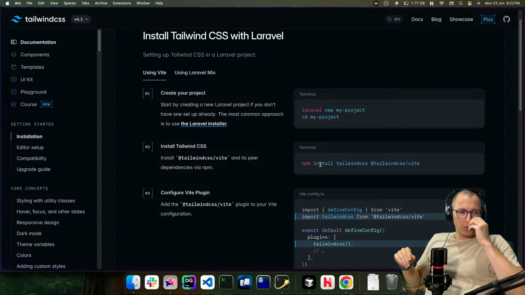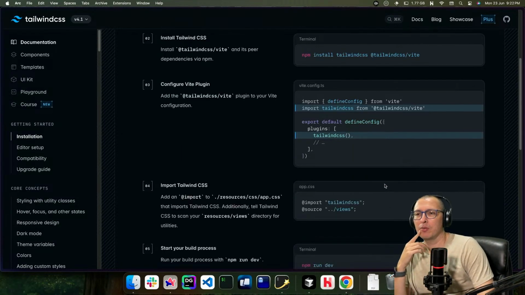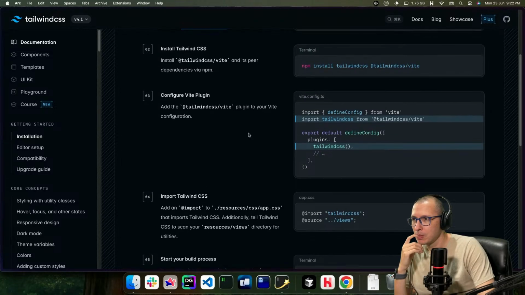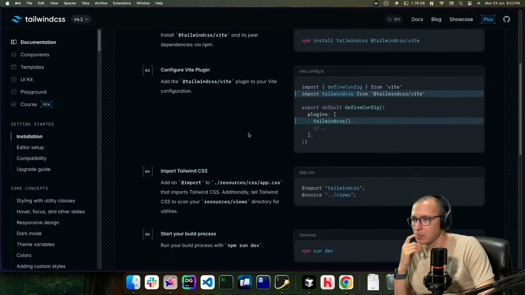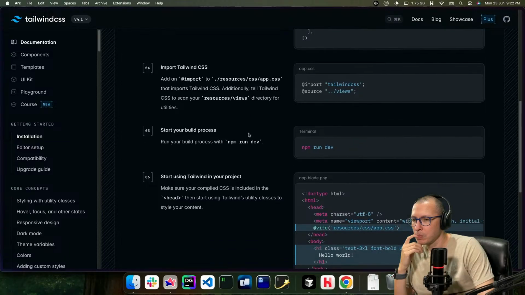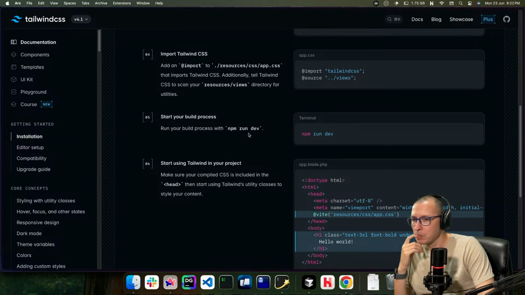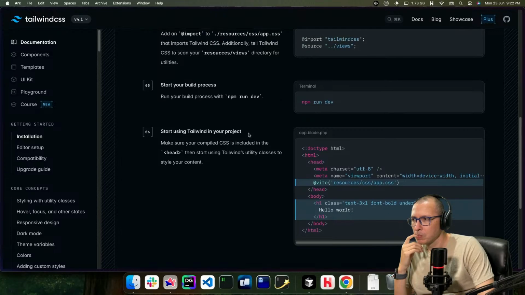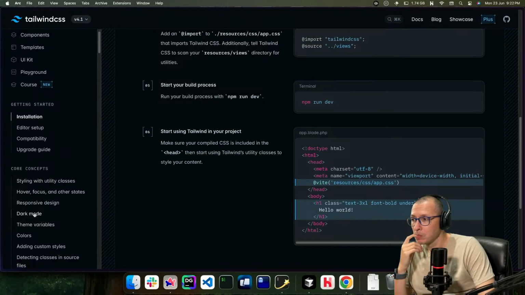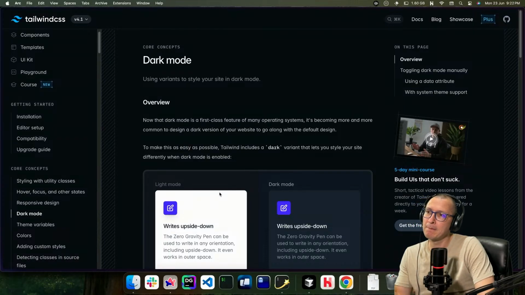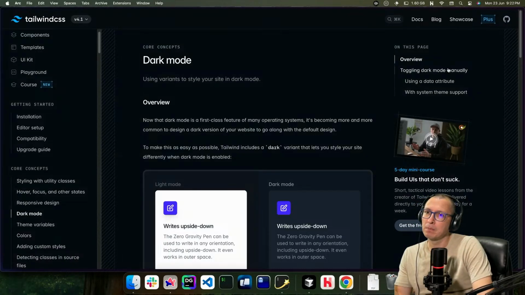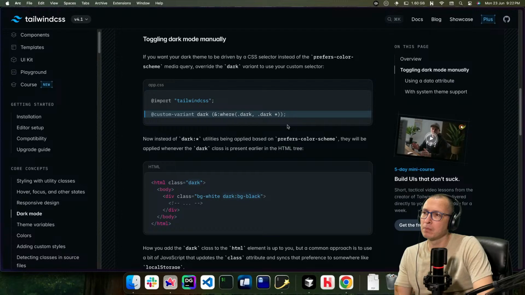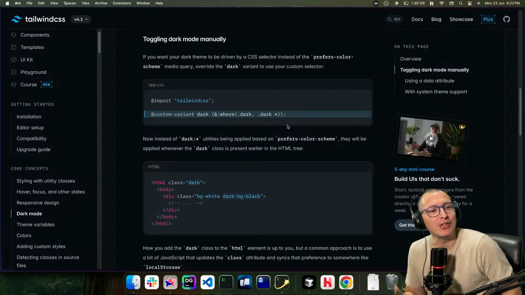Did something change? Where is the config file? I can only see the one for Vite. Oh, it changed.